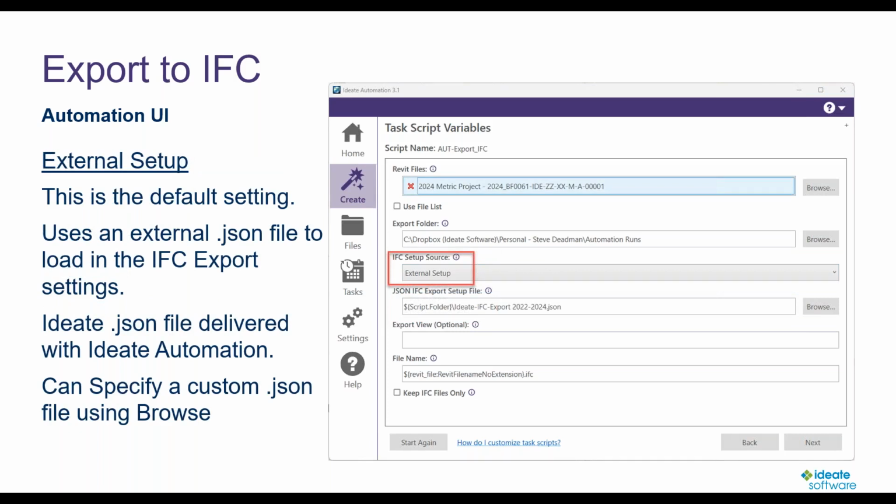The external setup uses an external JSON file. This is a file that you create from the IFC export settings, and you can save it as a file which can then be used across multiple projects and multiple users. Ideate Automation ships with a library JSON file, which you can see, and this can be used on Revit versions 2022, 2023, and 2024. If you want to create JSON files for use on Revit 2020 or 2021, you would have to set those up